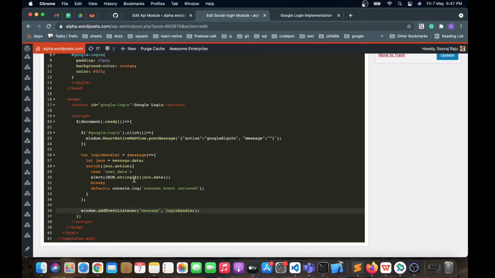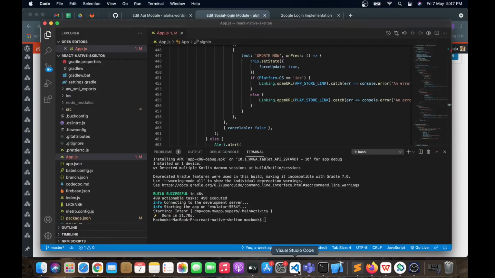Once we get the data, we can continue with our flow of execution, process the data and apply our logic. In this way we can authenticate the user using Google login. Thank you.